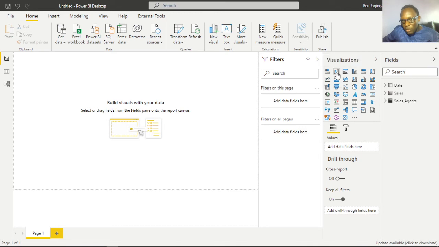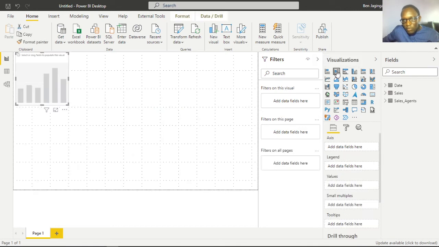But when I click on the stacked column chart, you can see now the various options that have been given down here: axis, legend, values, small multiples, tooltips, and all that. So let's build some visual here with the stacked column chart. I'll drag date, and